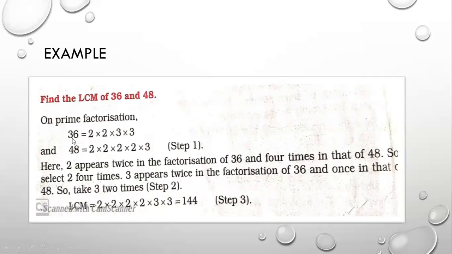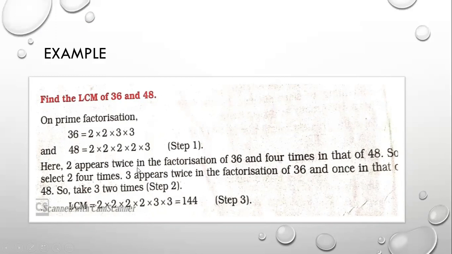In the ones digit it is 6, which is divisible by 2. So with that same method we have to find the factors. And in the second number, 48, again the ones digit is 8, which is divisible by 2. So these are the factors. Now we have to find the common factors in these two numbers. What are the common factors?